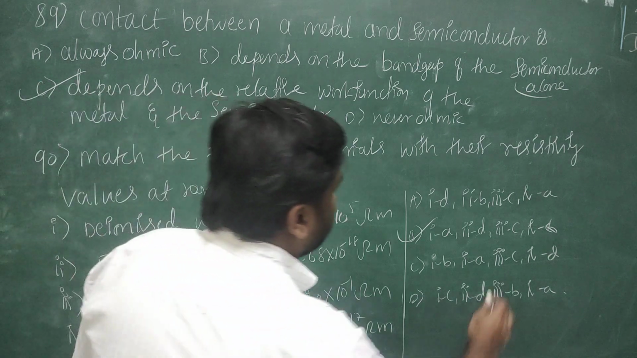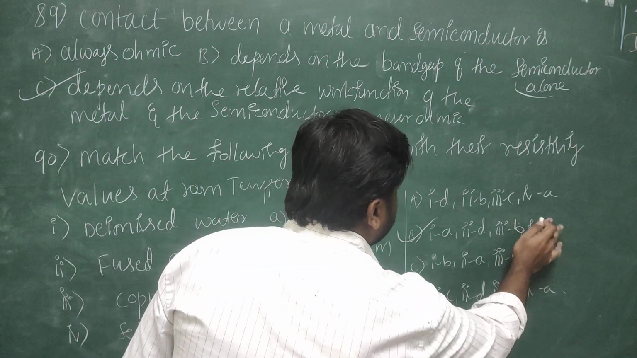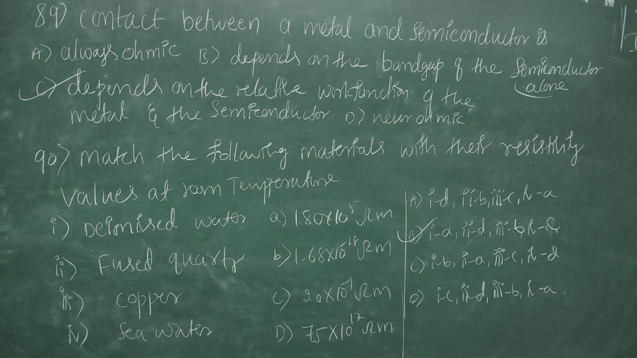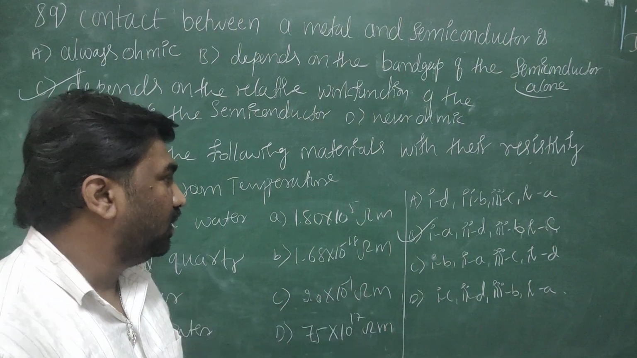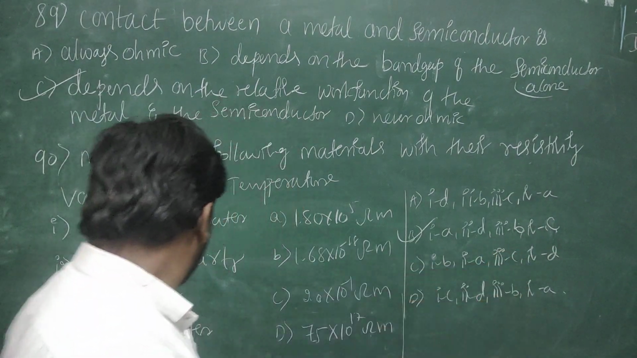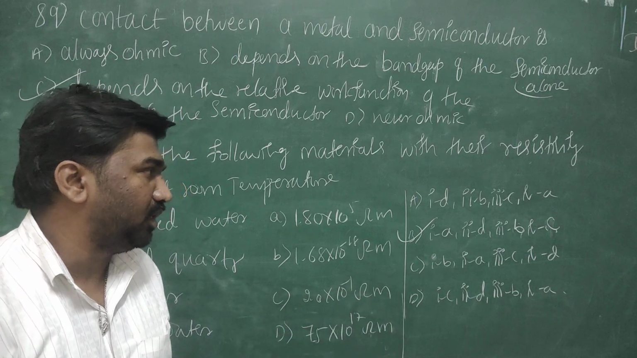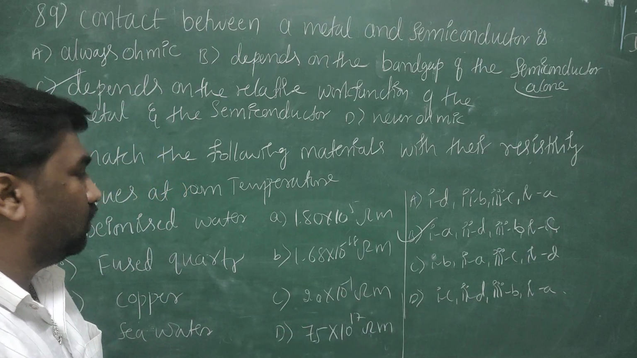So this is B and this is C. Okay, for the third, that means copper, we will get 1.68 into 10 to the power of minus 18, and for sea water we will get 2.0 into 10 to the power of minus 1 per meter. Okay, so